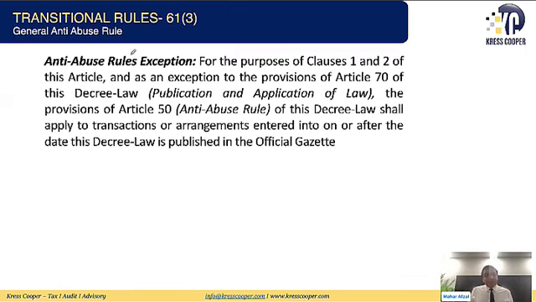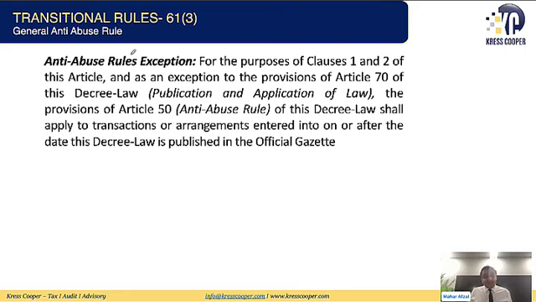Anti-abuse rule. Article 70 of the law says that the law will be applicable within 15 days from the date of announcement, or they are using the word within 15 days from the date of publication. But the anti-abuse rule, specifically related to the transitional provisions, is an exception, and these will be applicable. There is no grace period of 15 days. These will be applicable. So for the purpose of clause 1 and clause 2, we know what is the clause